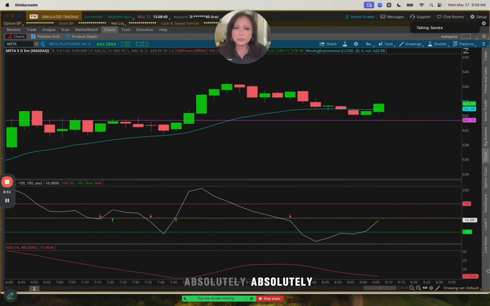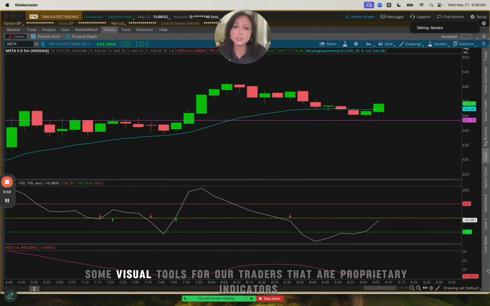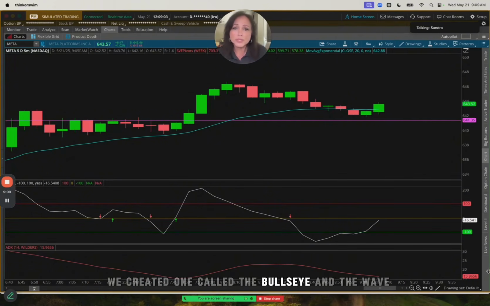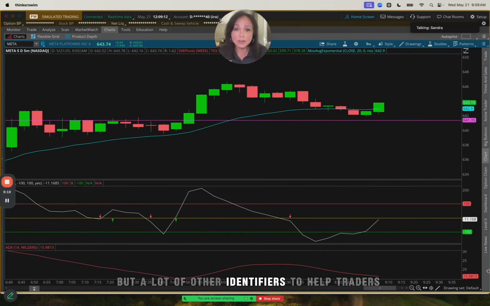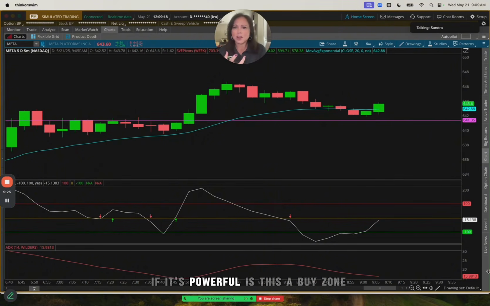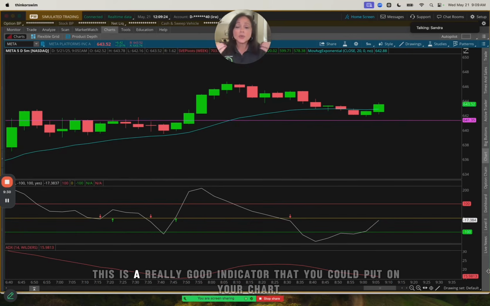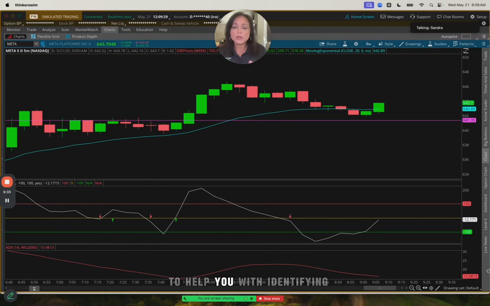Absolutely. And so here at Trading Made Simple, we actually created some visual tools for our traders that are proprietary indicators. We created one called the bullseye and the wave. And we utilized not only ADX, but a lot of other identifiers to help traders immediately visualize what the trend is, if it's powerful, is this a buy zone, etc. And so this is a really good indicator that you could put on your chart to help you with identifying